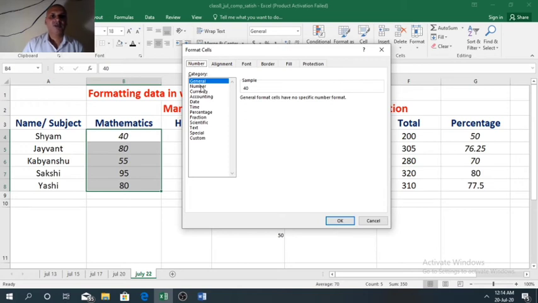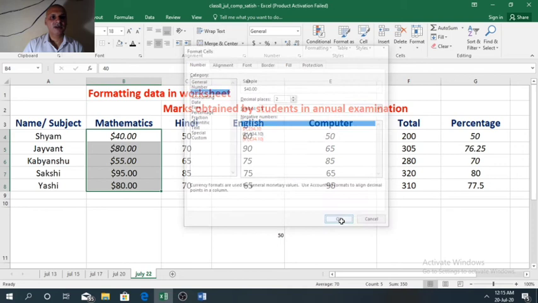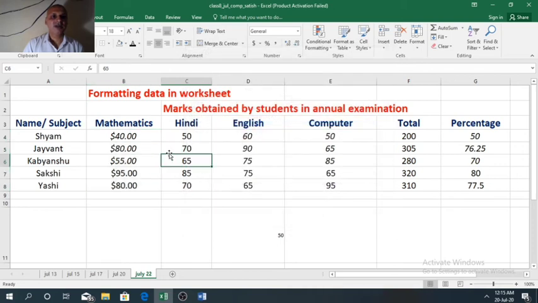Now we have many options here. Suppose we want to use currency. In the currency, here decimal places option is provided. By default you will get 2 decimal places. If you click OK, it will be applied with 2 decimal places.